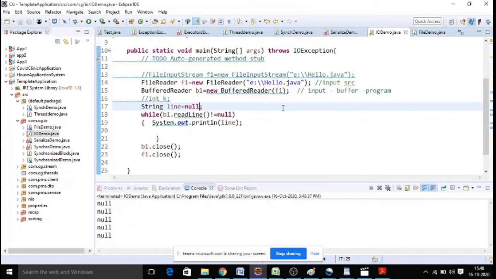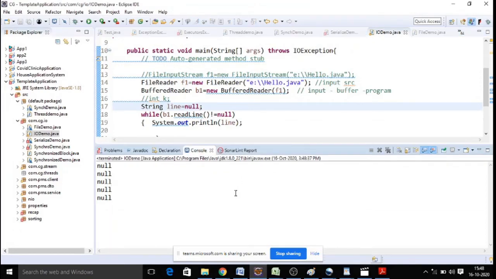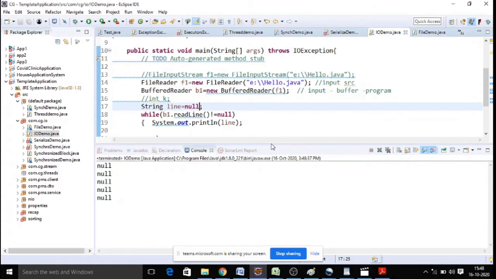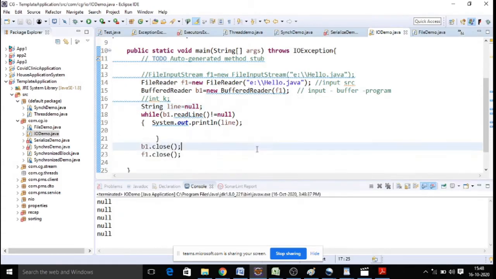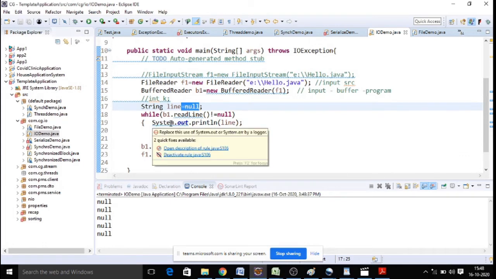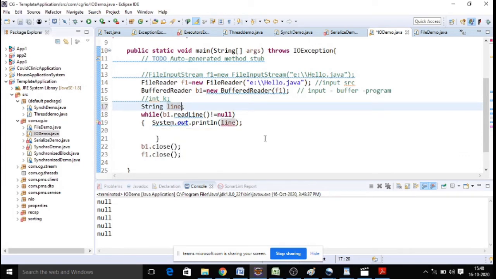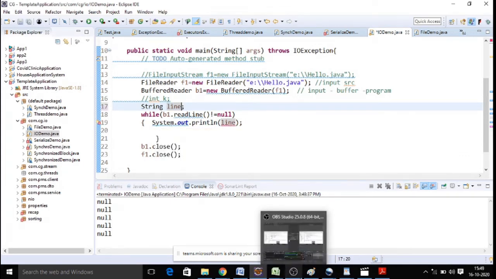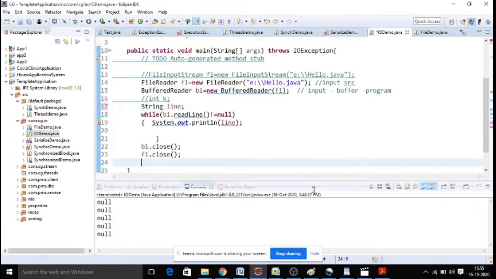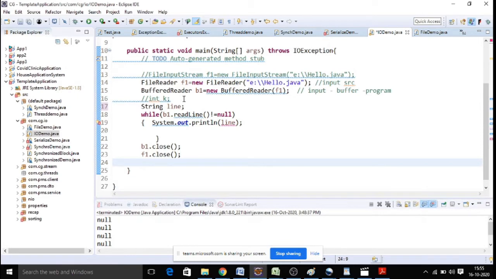So here is the file we are going to read, hello.java, right? But it is going to say null, right? Okay, String line.